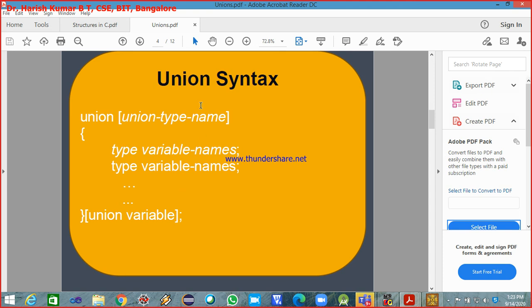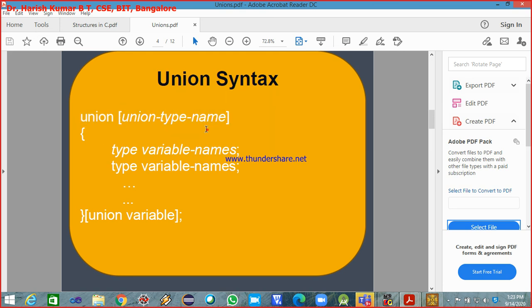Now, the union syntax goes like this. It's exactly the same as the structure syntax. The only thing is, instead of the keyword struct, you write union, and then the union tag name.